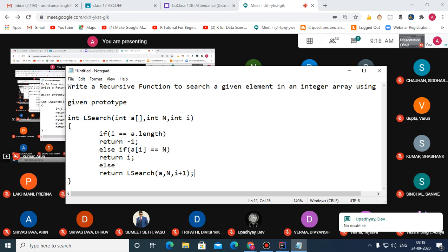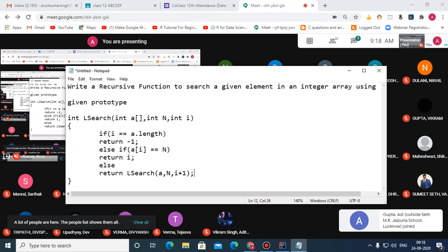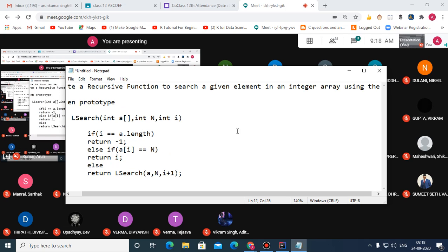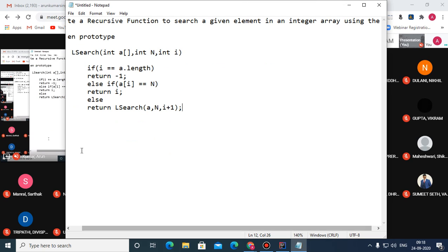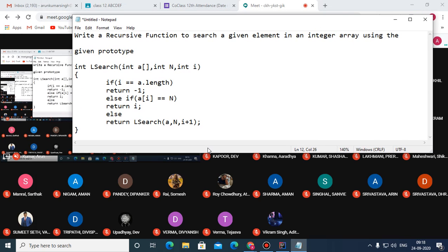Okay, now we need to convert this function to just count the frequency of a given element n in an integer array using linear search method. So what changes are needed? Vasu Sumit said, beta this time you, please tell me, where are the changes required in this case? The base case will not change because it is totally based on linear search method.